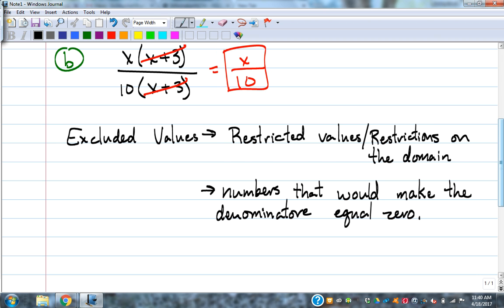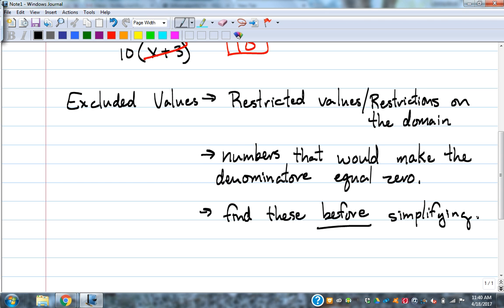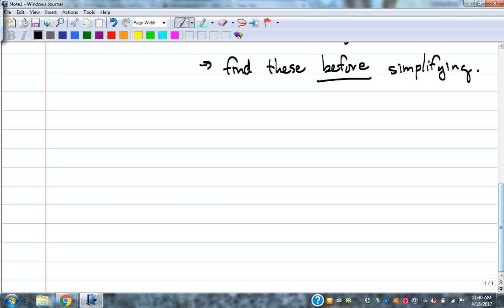And one important thing that you want to do is find them before simplifying. Before you simplify, you're going to find your restrictions or your restricted values, or excluded values. In different contexts they have different names depending on what you're dealing with. So, let's start doing a few problems here. We're going to find the excluded values